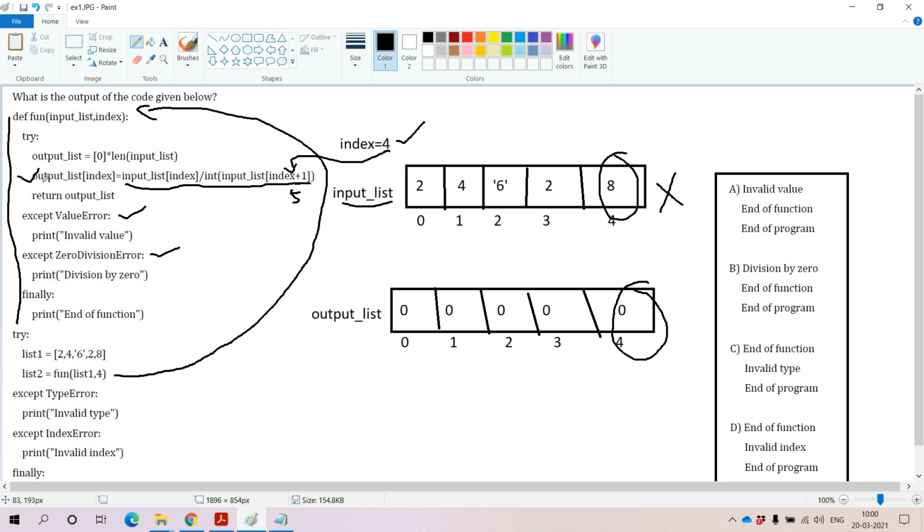Finally, irrespective of the exception, the try block corresponding finally will definitely execute. We are unable to execute these two except blocks because none of them are related to the index error, and finally the finally block will be executed. The first message that we are going to get here is end of the function.